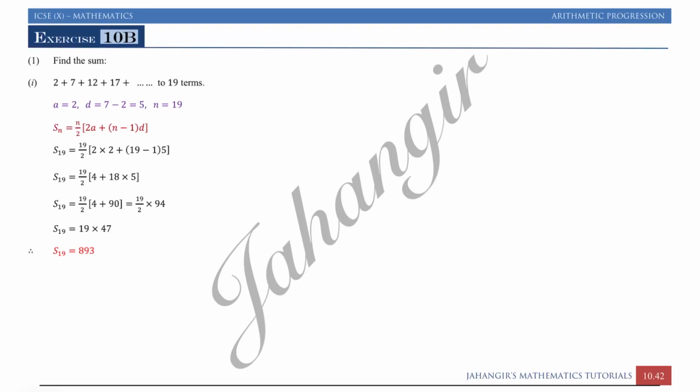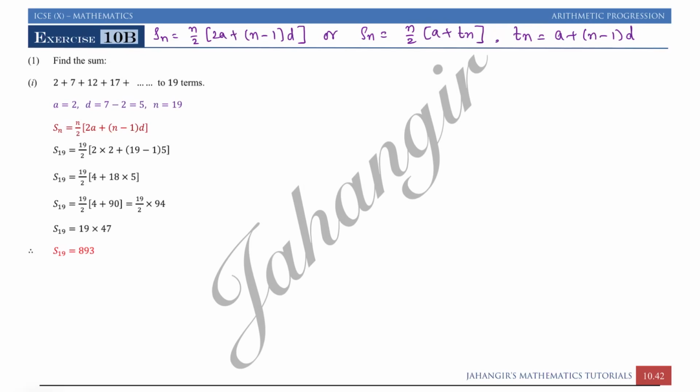Now we will start with exercise 7b, which is based on sum. So let us write the sum formula as n by 2 into (2a plus (n minus 1) into d). This is the sum of n terms, or we can use Sn is equal to n by 2 into (a plus tn), where tn is the last term, and the formula for tn I can write here: tn is equal to a plus (n minus 1) into d. This whole exercise is based on only three formulas.